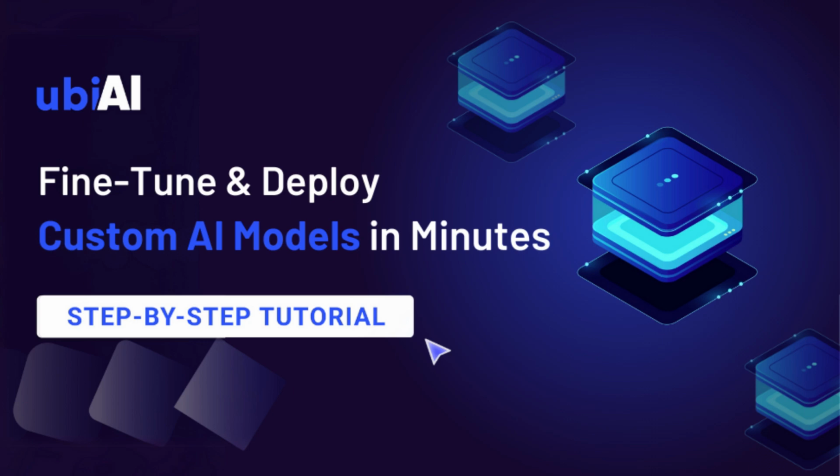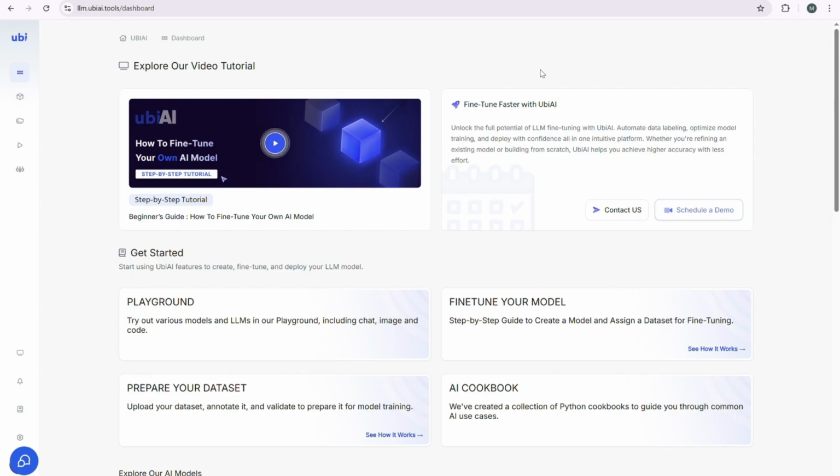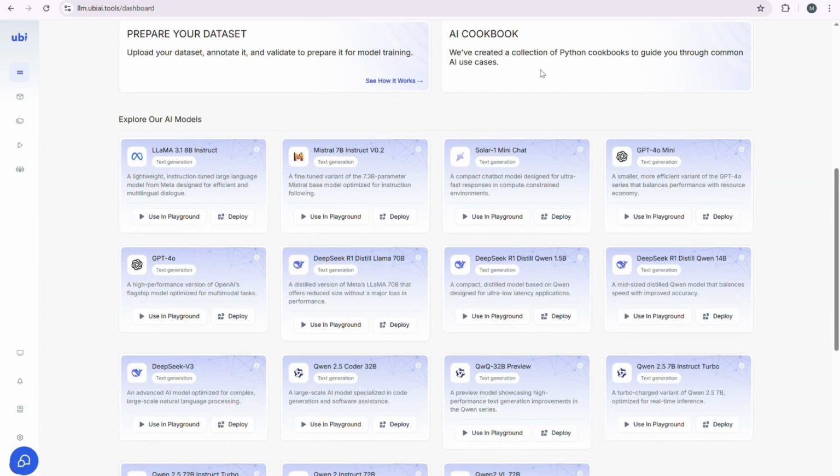Welcome to UBAI, your go-to platform for building, fine-tuning, and deploying custom models with a few clicks. By watching this video, you'll learn how to use every feature that UBAI has to offer, from preparing your dataset to fine-tuning and deploying your model. Let's get started. When you first log in, you'll land on the dashboard, the central hub for all model building